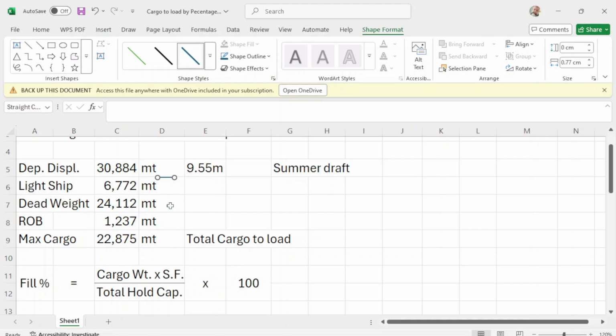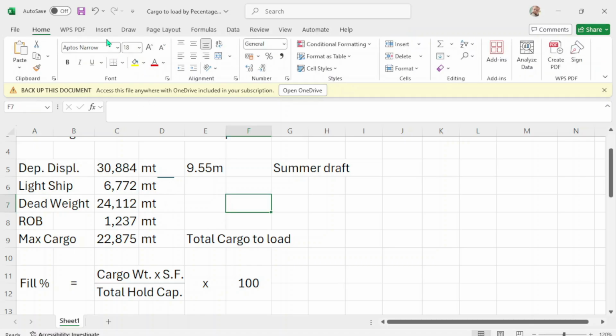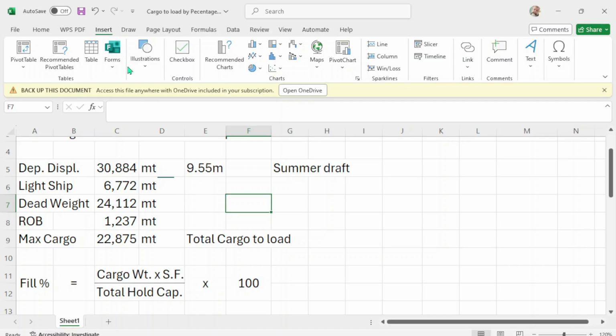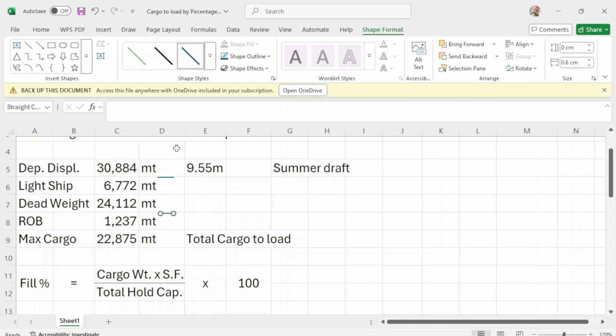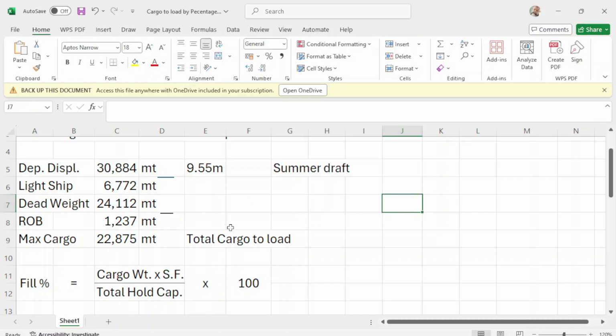This one is also minus. That's it, okay? So displacement minus your light ship